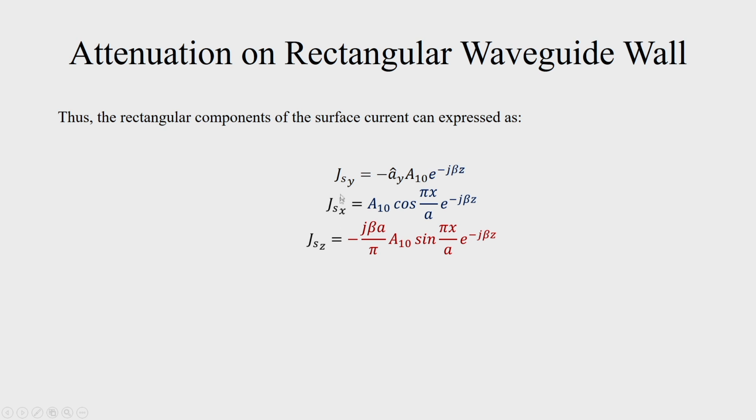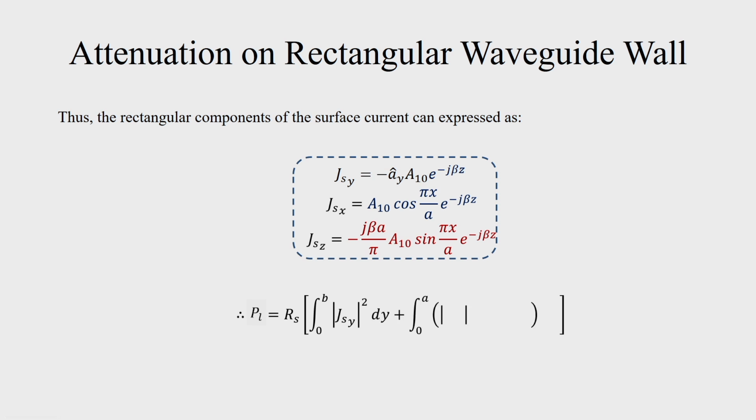So, now we have the J_y, J_x and J_z, these current densities are as given, and therefore, if we substitute these quantities and evaluate this integral, we get the expression for power loss per unit length on the waveguide walls, and this is given by R_s mod A_10 squared [b/2 + a/2 + beta squared a cubed / (2 pi squared)]. Now, this is the power loss per unit length, and